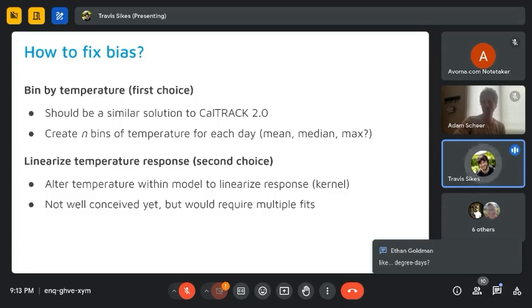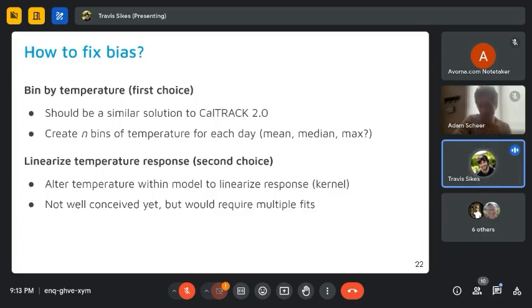But one thing that we are certain of right now is that this would require multiple fits, because if we are altering our temperature, like stretching it out or changing its distribution in some way, we have to know how that affects the overall fit. And so this would all happen internally in the model, where we would basically have some transformation of the temperature from one plane to the next, and that would always be the case within this model, and it would fit this within the baseline.